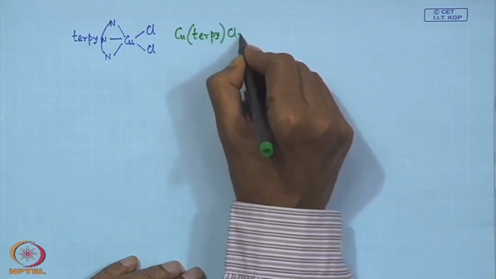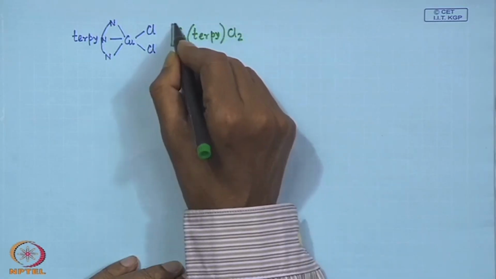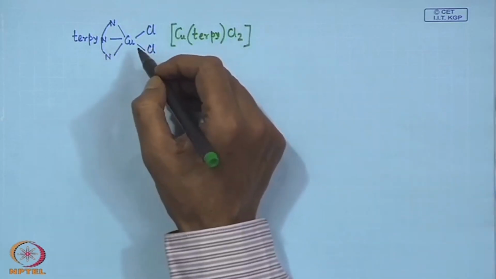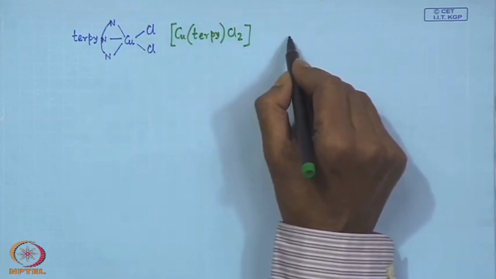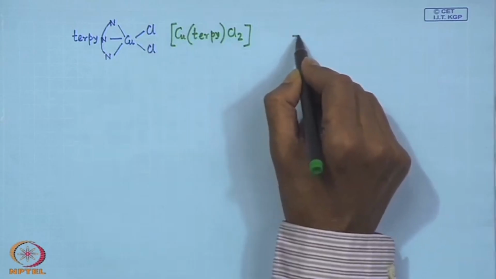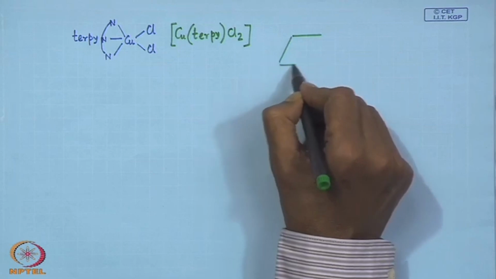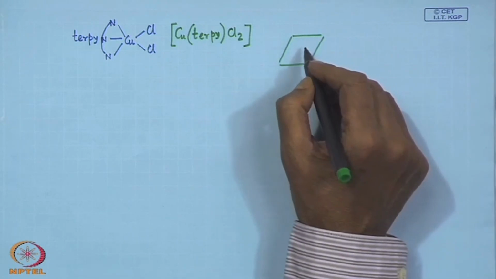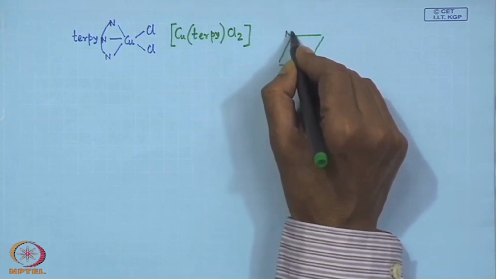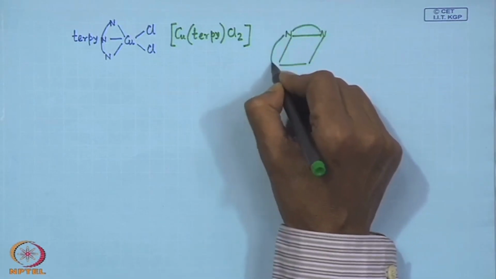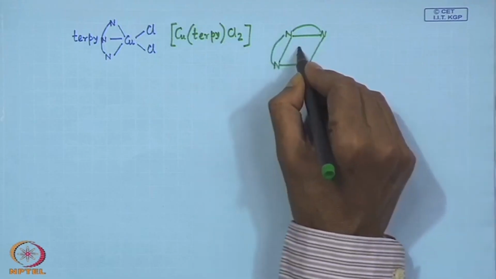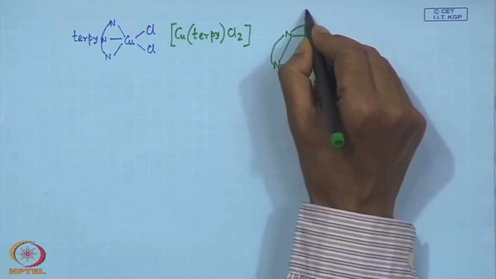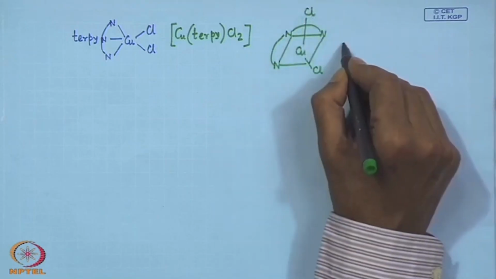So, the structure of this particular molecule is completely different, because what we have seen is that in case of palladium or any other square planar molecule, the nitrogens are binding through these points, and if we have copper, this is the Cl and this is another Cl. So, it is square pyramidal